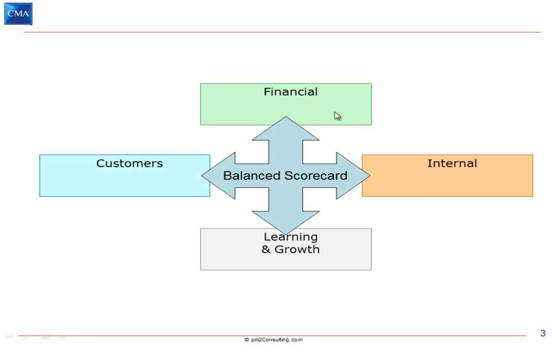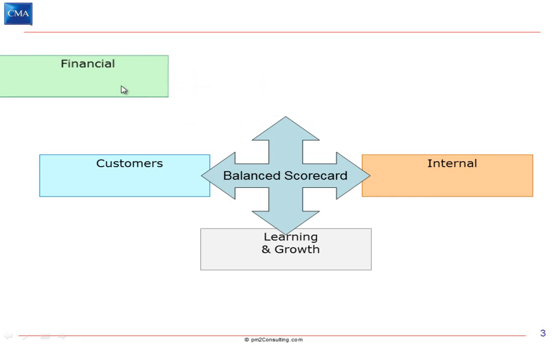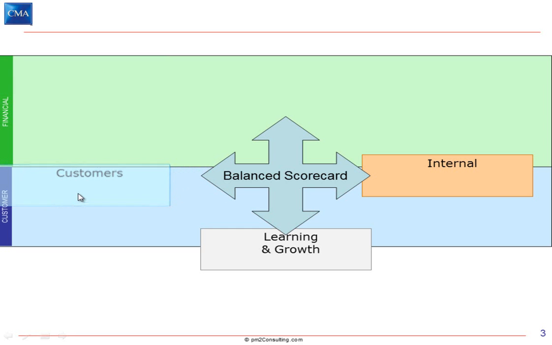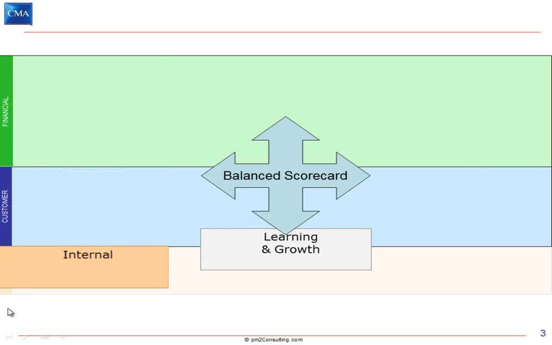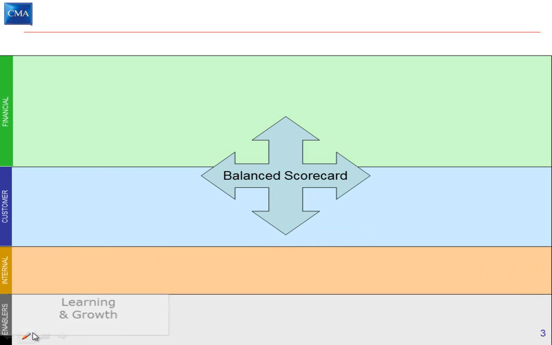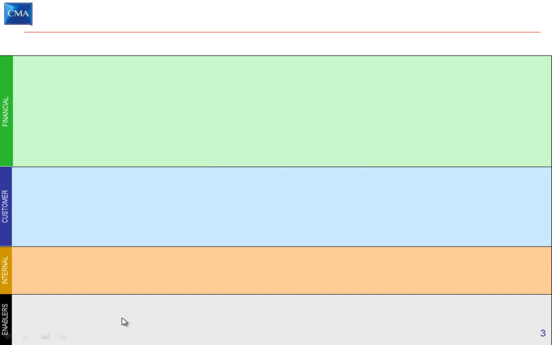You see, in the private sector, your goal is to achieve financial success. To achieve that success, you'd better meet your customers' needs. To meet those needs, you better have the right internal processes, and to build and maintain those processes, you better have the right enablers: culture, competencies, enabling structures. And in fact, we should be able to draw any strategy as a cause and effect diagram or data flow diagram across these 4 perspectives.